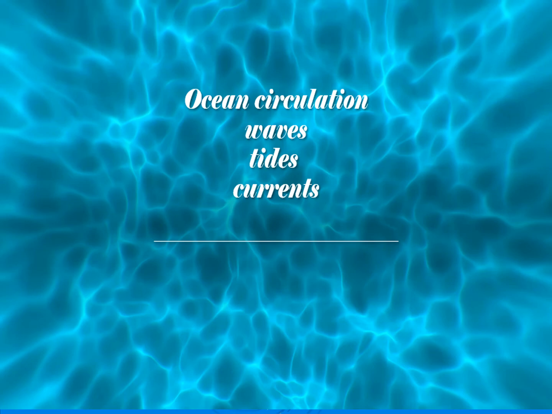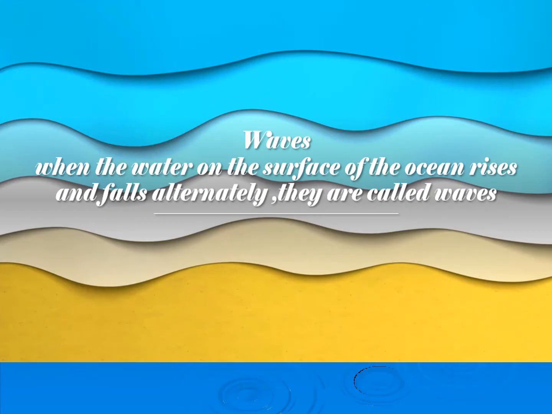We all enjoy walking down the oceans or on the sea beach, and we like the smell of the seas. So let us understand in detail what is a wave, what is a tide and what is a current. Now, what is a wave? A wave is when the water on the surface of the ocean rises and falls alternately. So, when the water on the surface of the ocean rises and falls alternately, it is a wave. An example has been given,